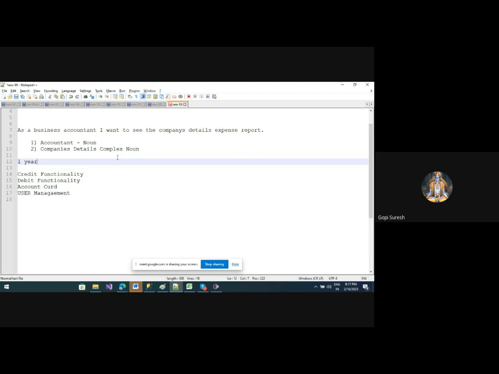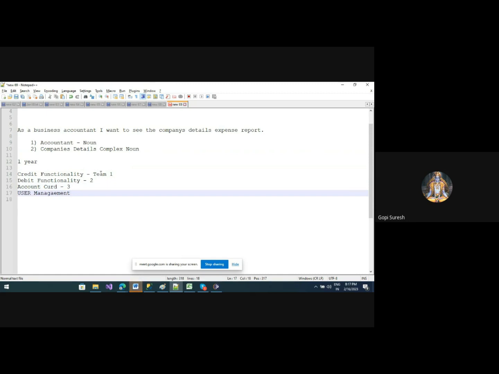Now if you come back to Agile, what can be done? All the team members will be there. Team one will do the credit functionality. Team two will do debit. Team three will work on account related things: account creation, account modification, how to bind the account, all this.